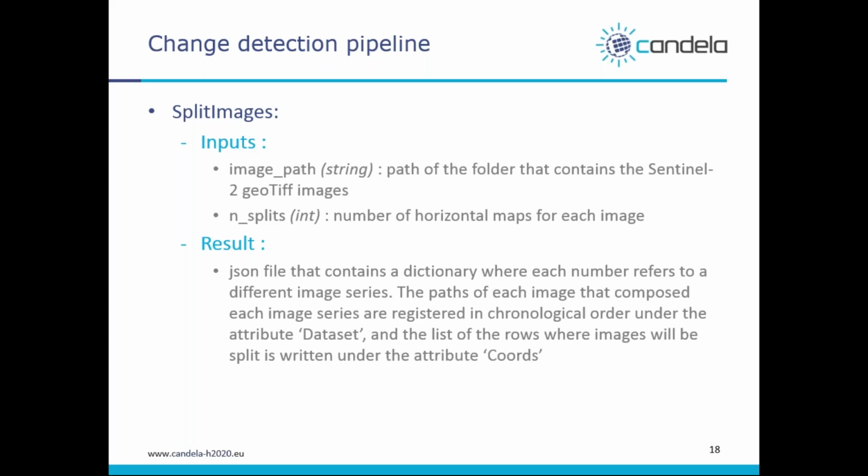And as a result, a JSON file is going to be written, which contains the different sets of co-registered images that are actually in the folder that you provided, as well as the best way to split the actual images as horizontal bands, sub images